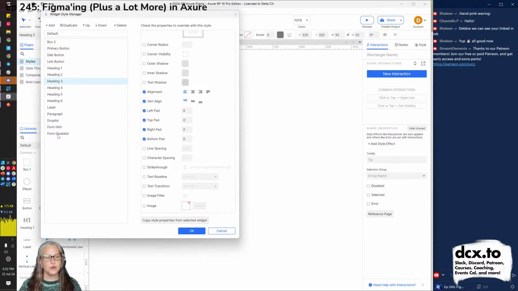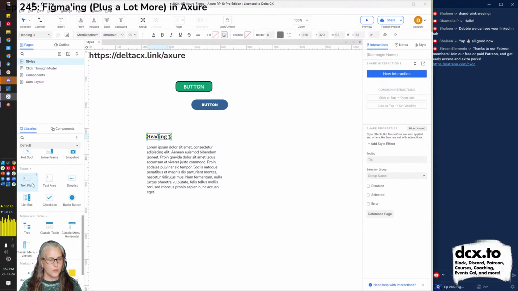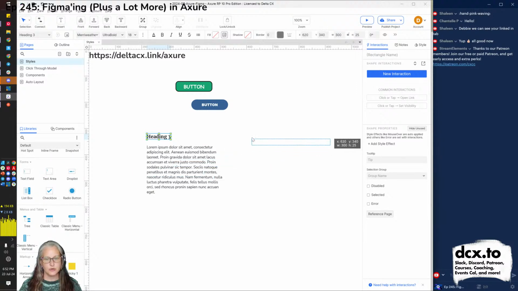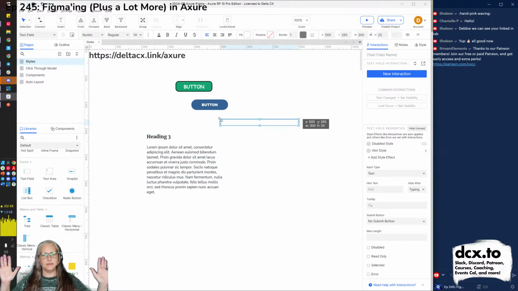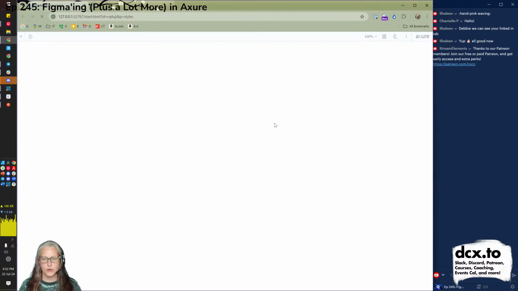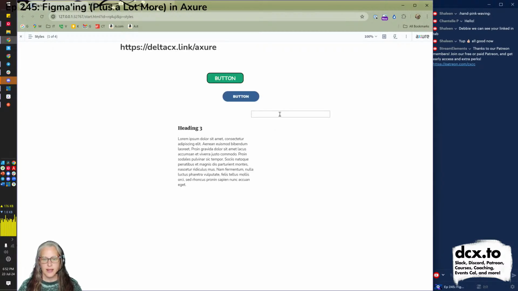So notice also here you have things like form hint, form disabled. Let me show you what that looks like. Let's say we have a standard Axure text field. Right away, as of July 2024, we've just killed Figma because, correct me if I'm wrong, but I've heard that Figma still does not make it easy, without a lot of workarounds, to type text in a box. Whereas in Axure, it's just a default widget. I can just come straight here and type text in a box.